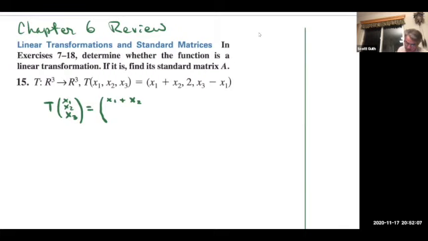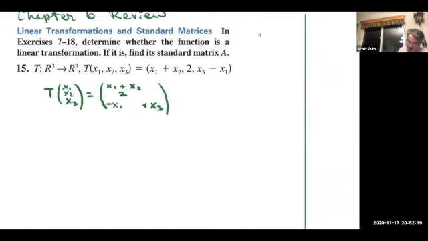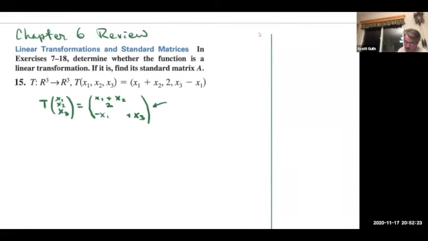Okay, so then we would put a 2 here, and then a negative x1 plus x3. This is not a linear transformation. So we don't have to define the standard matrix. And so this is a shame, because I wanted to give you one where you would have to find the standard matrix. So this is not linear,